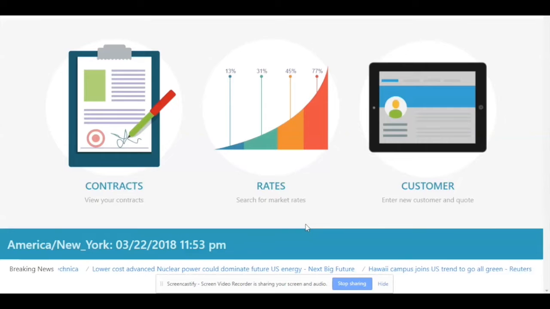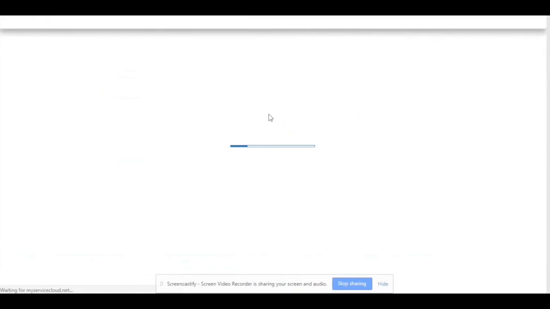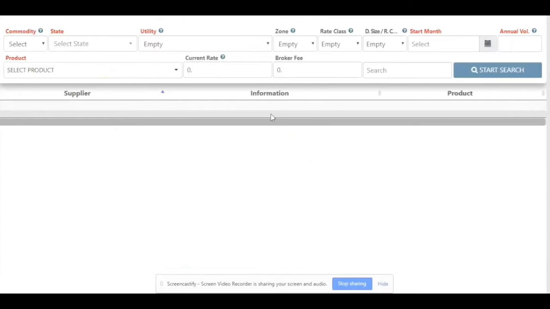Today we are going to go through how to get quick matrix pricing. So starting from our home page, we're going to go into rates. Once we've selected there, you'll notice here at the top, we can enter the criteria in which we want to find matrix pricing for. So whether electricity or gas,